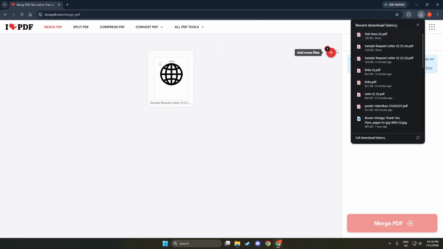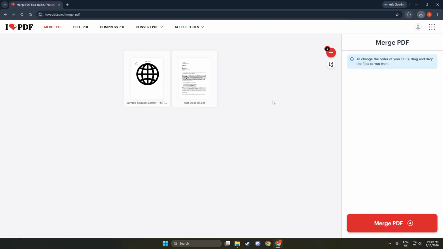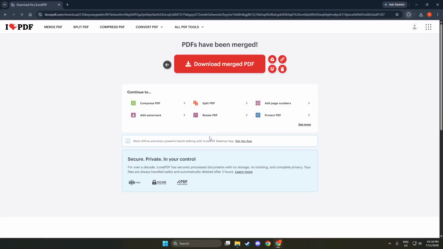Next, upload all the converted PDF files. Just like before, you'll find an upload button that lets you select the PDFs you just downloaded. Click on it and choose all the PDF files you want to merge. Selecting multiple files at once will speed up this process. This is a vital step because it prepares your documents for merging, ensuring everything you need is in one place.